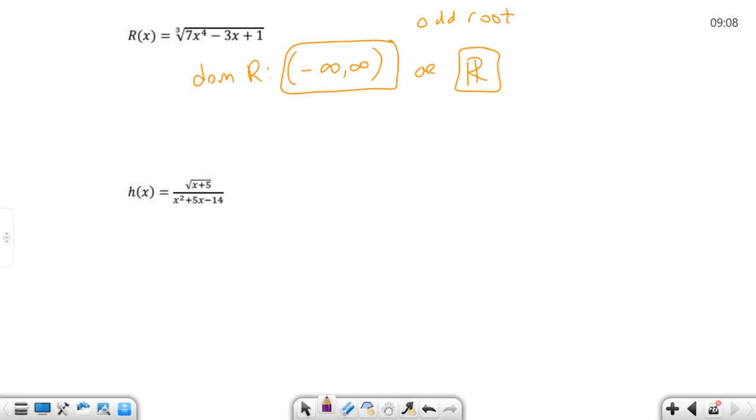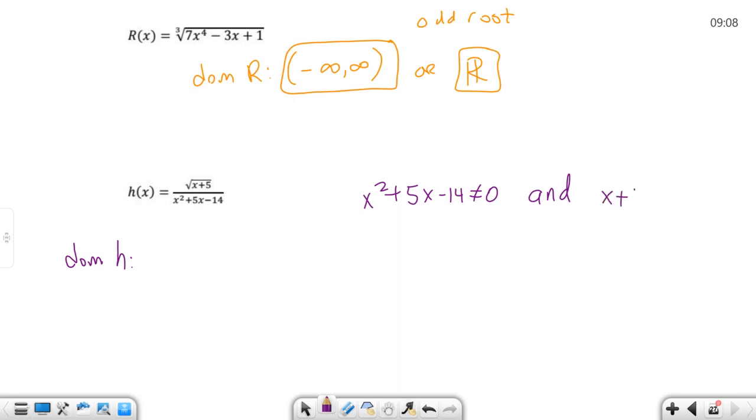Well, if I want to find the domain of little h, then I need x squared plus 5x minus 14 to not be 0, but I have an and. That's an intersection in math. I mentioned that earlier. Not only does the bottom not equal 0, but I have a radical,